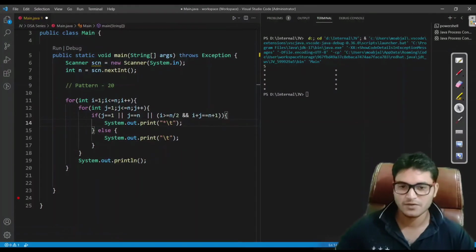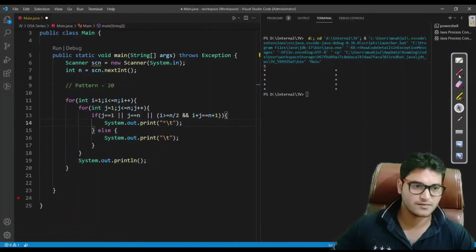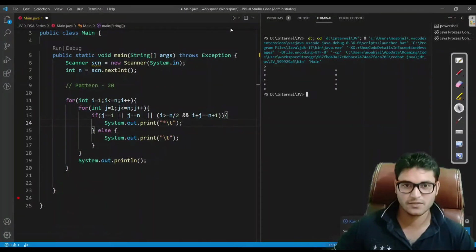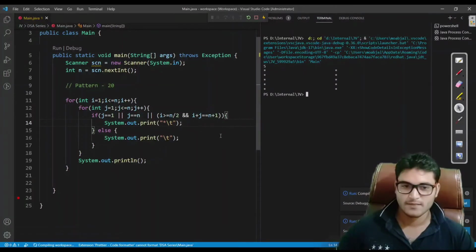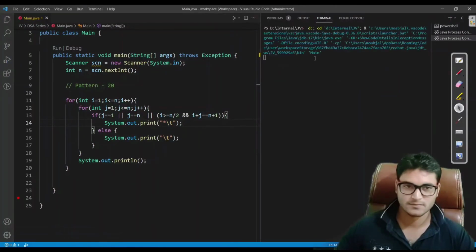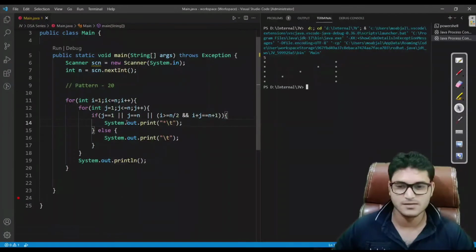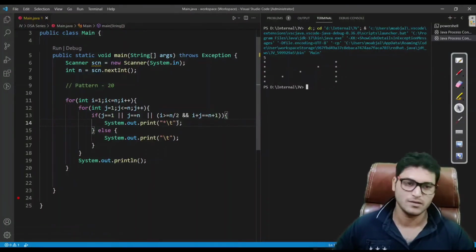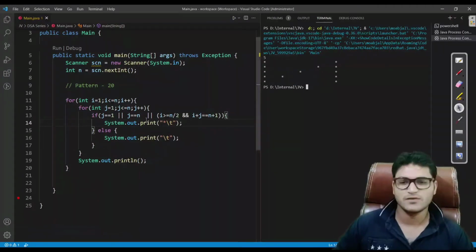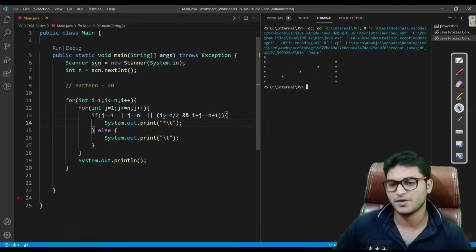What it will do, it will check, let's see here. Let's see whether this is working or not, then I will explain. Five. Yeah, that is not working. So the mistake we have done is, either this is true or this is true. Okay. So it is going in the first half also. If this, yeah, okay, got it. So what it is doing,